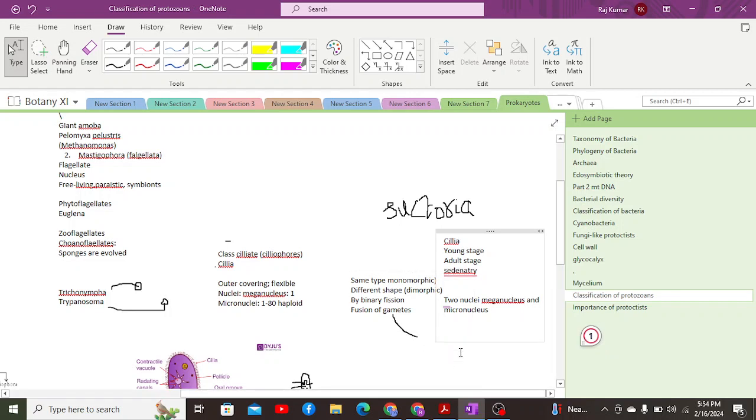And apart from that, they also have some other characteristics: some of them also have tentacles in order